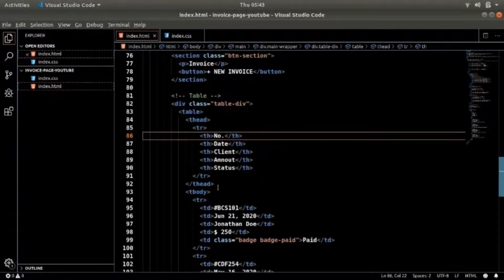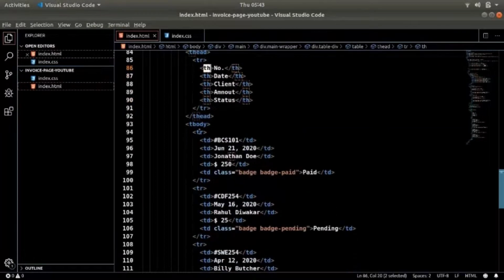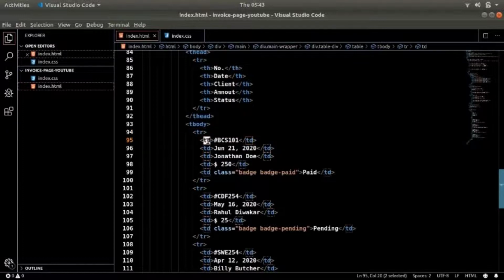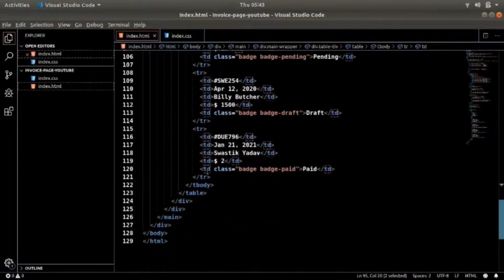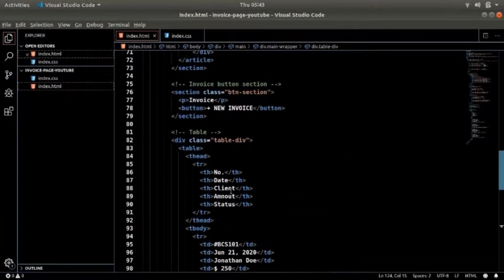So these are the headings, so that's why we have here th. And then for other rows, we have td, which is table data. So this is the head and this is the data, right? Okay, and then going down, that's it. Pretty decent, nothing very complicated.